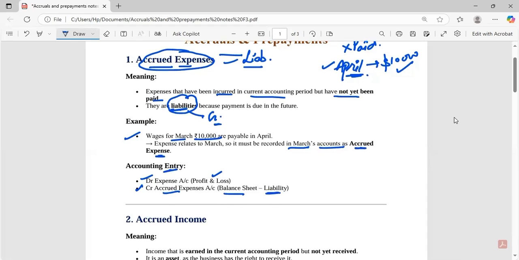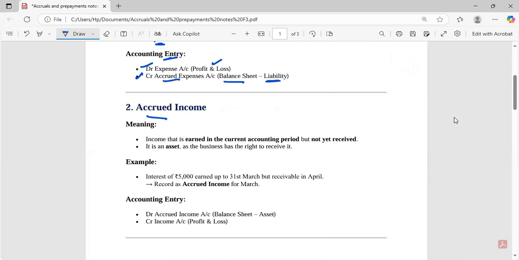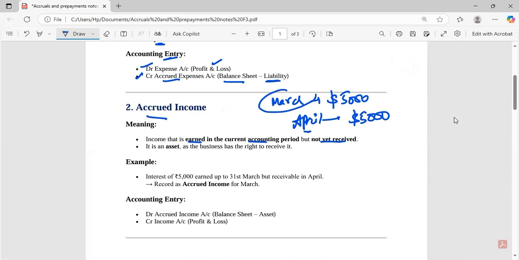Okay, moving forward, accrued income. These are the incomes which we have earned but we have not yet received. Suppose that you worked for some person. Okay, you worked in an institute. Let's suppose you taught there, and for the month of March you should have received $5,000 for teaching over there, but you received this amount in the month of April. Okay, since this amount relates to the month of March, it would be recorded in the month of March only. Okay, we have just received it in April, but it relates to which month? It relates to March. So this would be our accrued income, because we have earned this income but we have